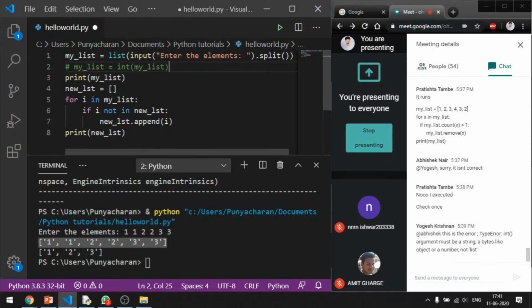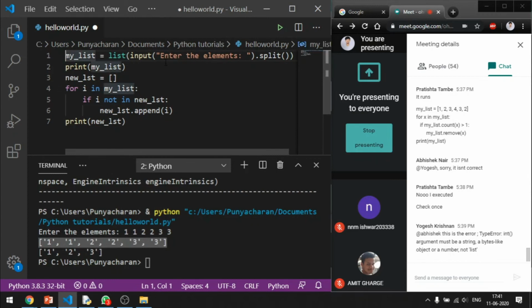Inside a for loop, you iterate one element after the other, fetch it, convert it into an integer, then replace that particular position with the integer correspondent, right? Once you do that, which is not necessary as of now, you are going to take a new list. I understand it is not very efficient, but it is simple. Let's go ahead with the simple solution. You are going to create a new list.